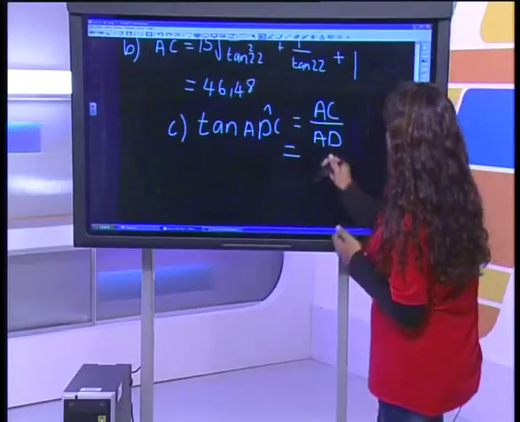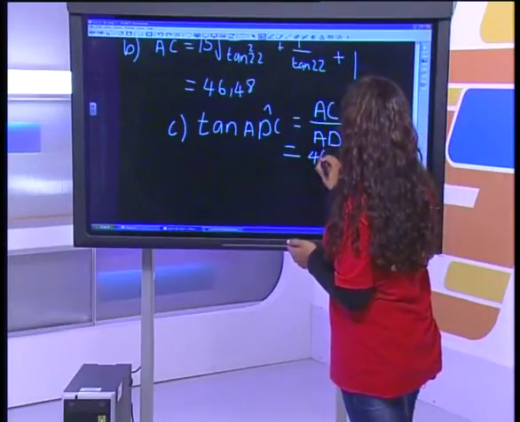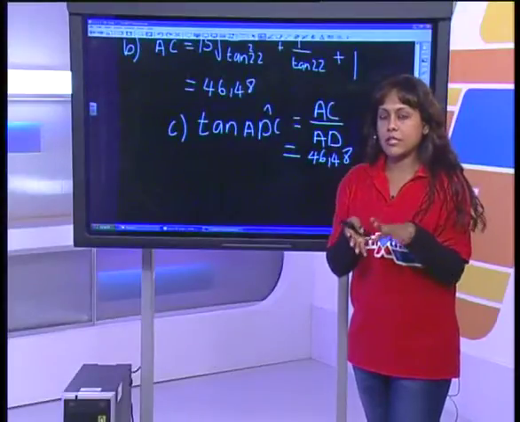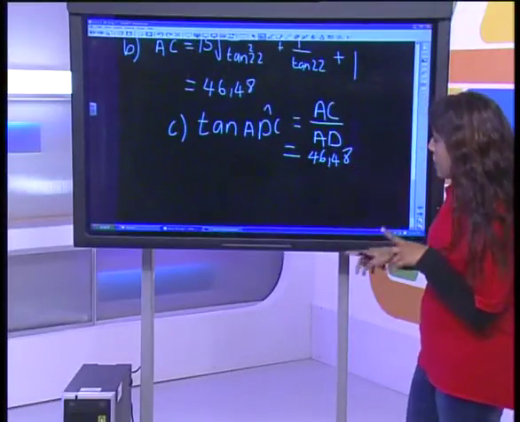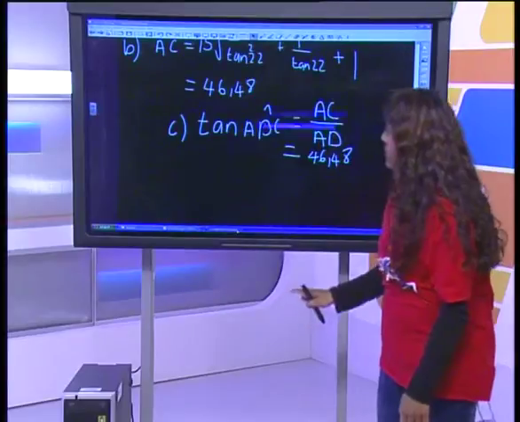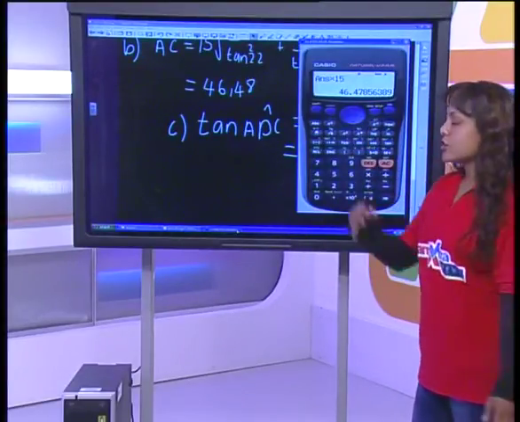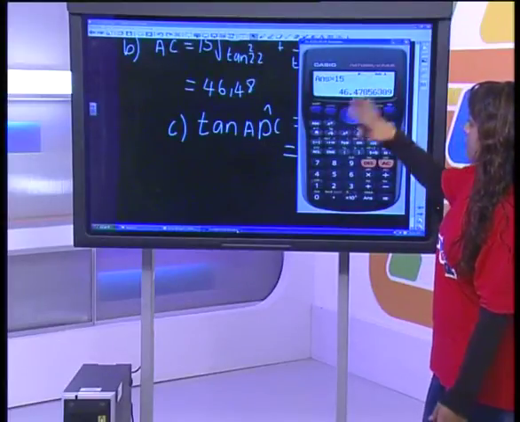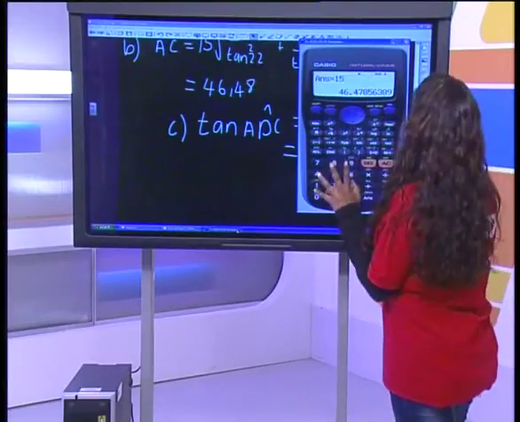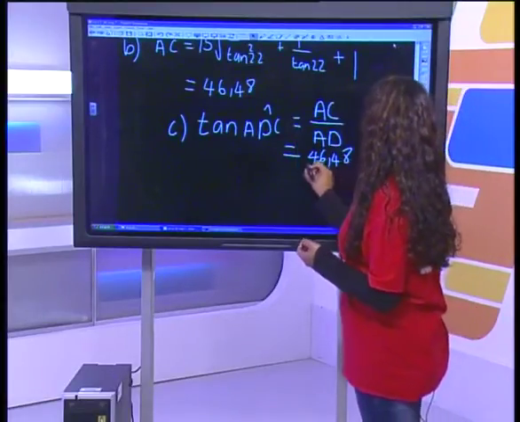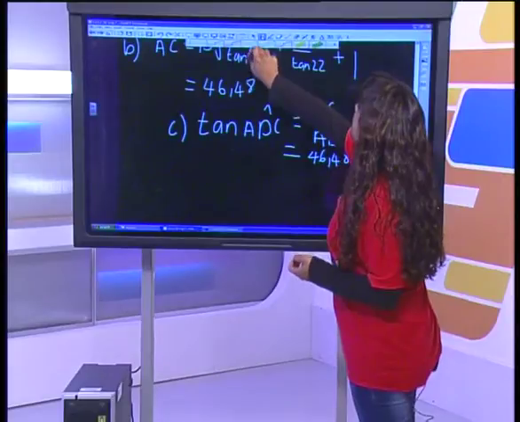AC is 46,48. You wouldn't use the rounded off version in your calculator. It's going to give you a slight error, it might be a few degrees out. So what I say is always keep your last answer on your calculator. It automatically keeps it on the answer button anyway. So don't round it off and press zeros and stuff. Leave it as it is because we're going to use that entire answer, not the rounded off version. Over